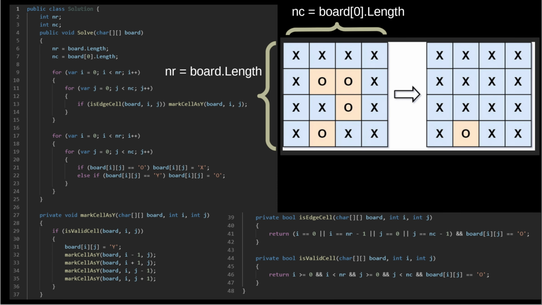This C# code is provided in the GitHub links below. First, I will initialize 2 variables, the number of rows and the number of columns on the board. So the number of rows are here and the number of columns are here. And then I'm going to iterate every cell on the board and find all the edge cells. Edge cells are all the cells on the first row, last row, first column, or the last column. For all the edge cells that have a value of O, I'm going to call this recursive function